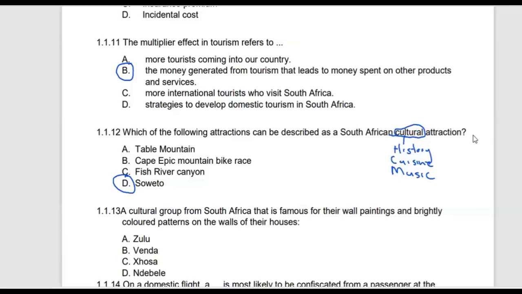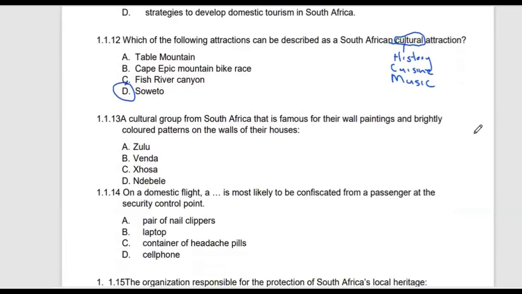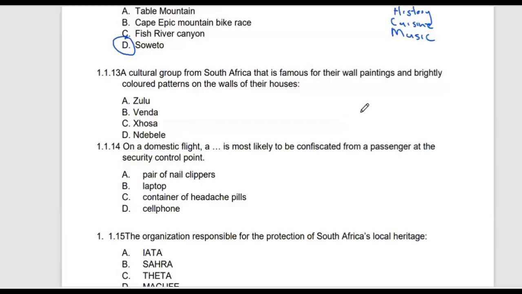Moving on to 1.1.13, a cultural group from South Africa that is famous for their wall paintings and brightly colored patterns on the walls of their houses. So this practice is common in Mpumalanga amongst the people who are called the Ndebele people. So they have a practice of painting wall paintings, using brightly colored patterns on the walls of their houses. Then